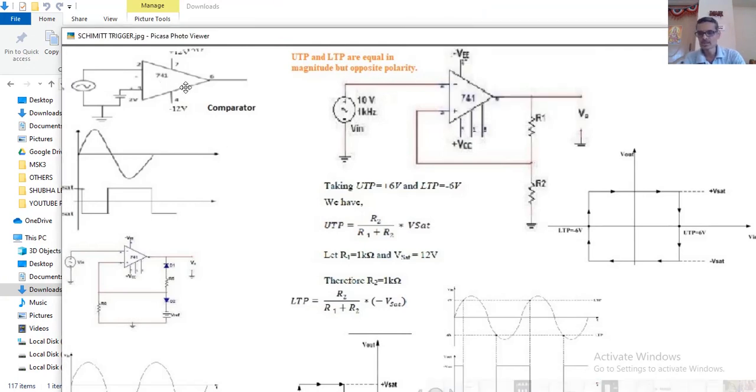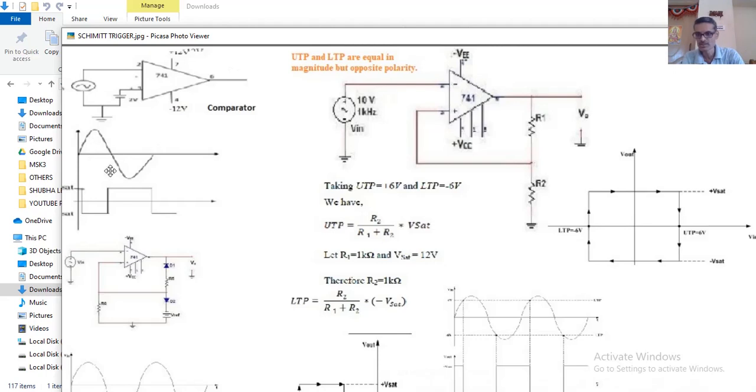Now, look at this circuit. It's a very simple open loop op-amp comparator circuit. This is pin number 2, where we have given an AC source, and for pin number 3 a reference voltage is given, that is 2 volt. What happens here is whenever the input voltage given to pin number 2 goes above 2 volt, that is the reference, the output will change from plus saturation voltage to minus saturation voltage.